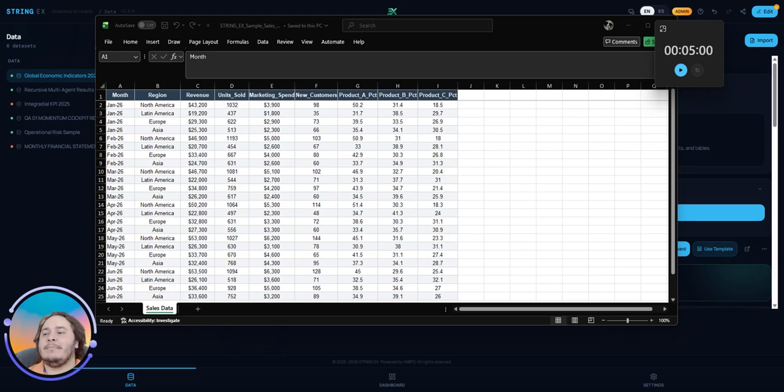If you've ever had a boss that said, hey, I need a dashboard with KPIs and charts in the next 24 hours and it needs to be really nice, and you started to think, okay, I'm going to have to go on Excel. And you go on Excel and you're like, oh my gosh, this is a lot harder than I thought. And then you try Power BI and you're just like, no way. And then you hear about Looker Studio, but then Looker Studio changes names, so you can't even look for it because they changed their name, right? And so you go back to Excel, and then you put something together that takes you the whole night